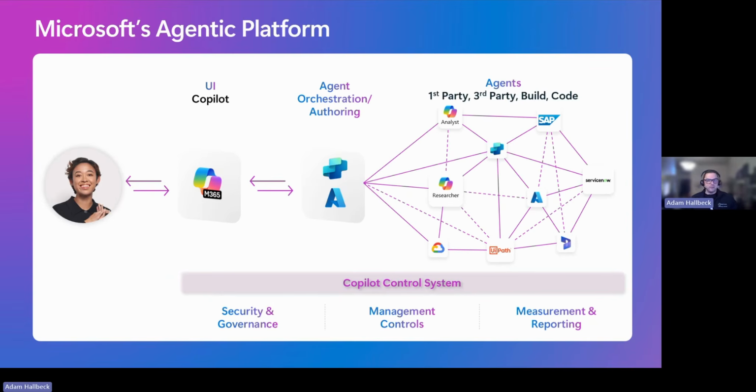But when we take away the noise, the big message is that Microsoft provides you an agentic platform. So not simply a prescriptively or purpose-built agent that you turn on, that your users use, but the ability to do that and build your own and incorporate third-party agents. And as there is this agent proliferation across your organization, Microsoft is very uniquely positioned to be able to